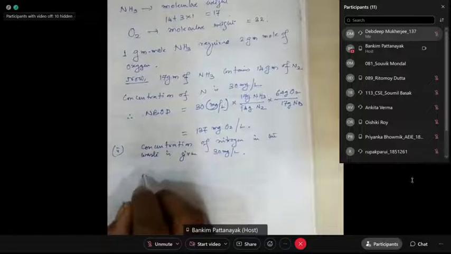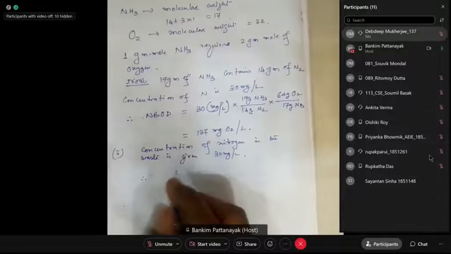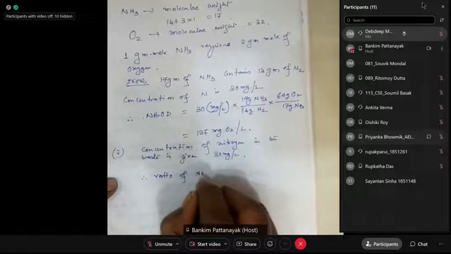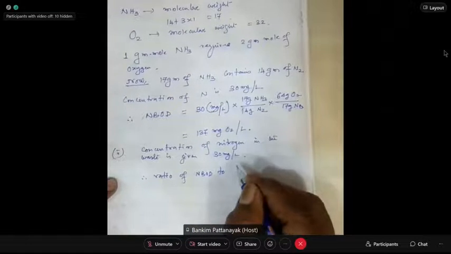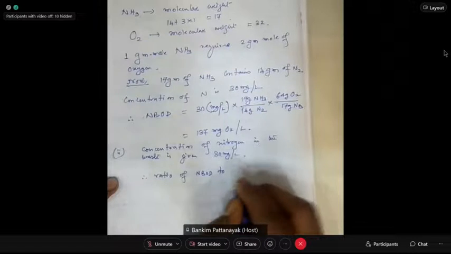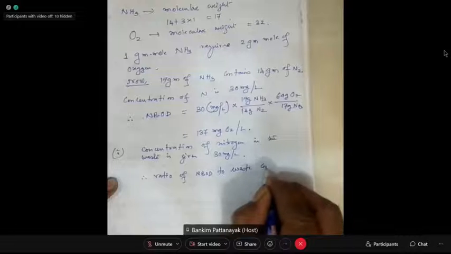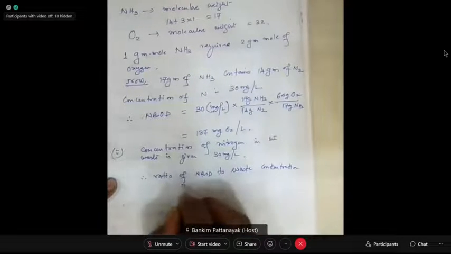Therefore, the ratio of NBOD to waste concentration is equal to